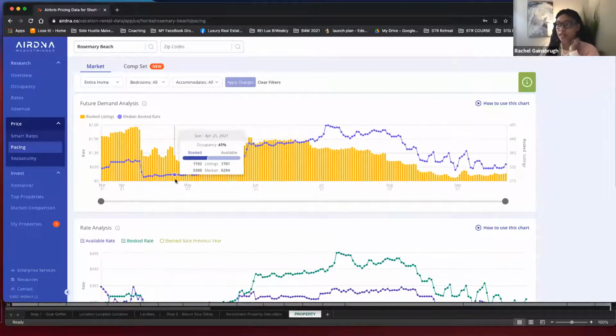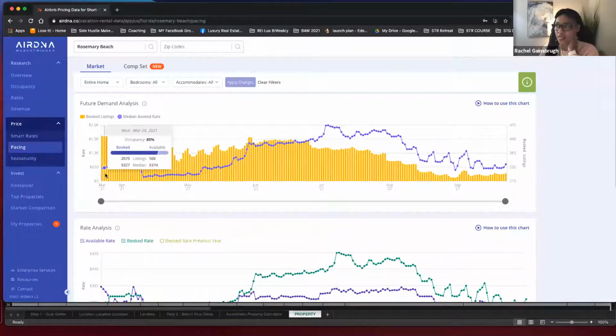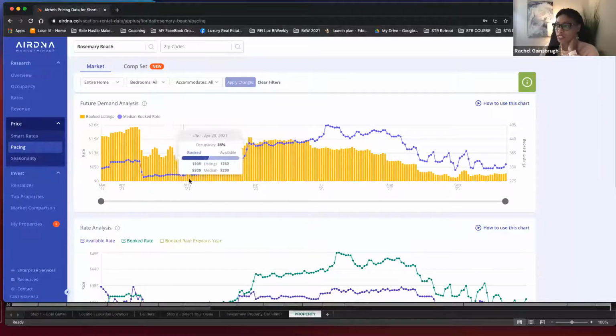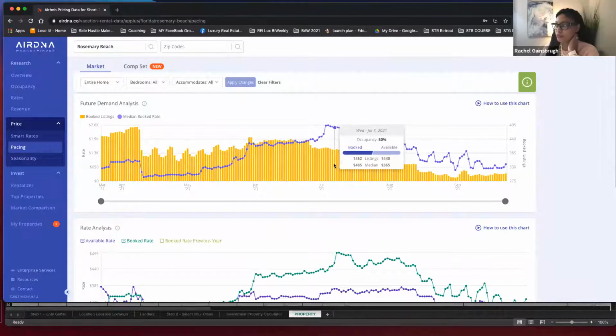This is interesting because it's kind of like real-time data. If you're looking at, for instance, this week of March, 80% of the properties are booked right now, and the median prices are listed there. I just kind of go through it, but what's telling for me is when I go out here,